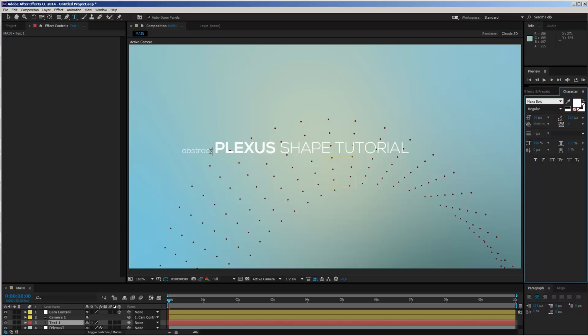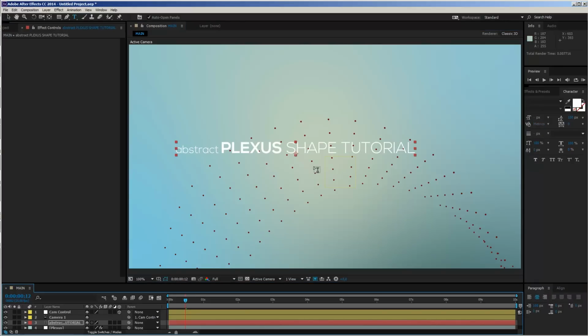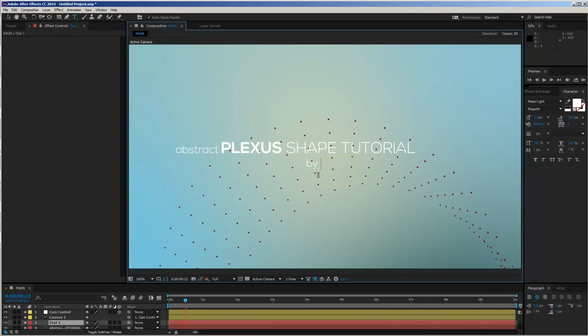And now let's make our abstract a little bit bigger. It's 25. Let's set it to 35. Plexus shape, abstract Plexus shape tutorial. Great. And let's add another line of text here. And I will add by